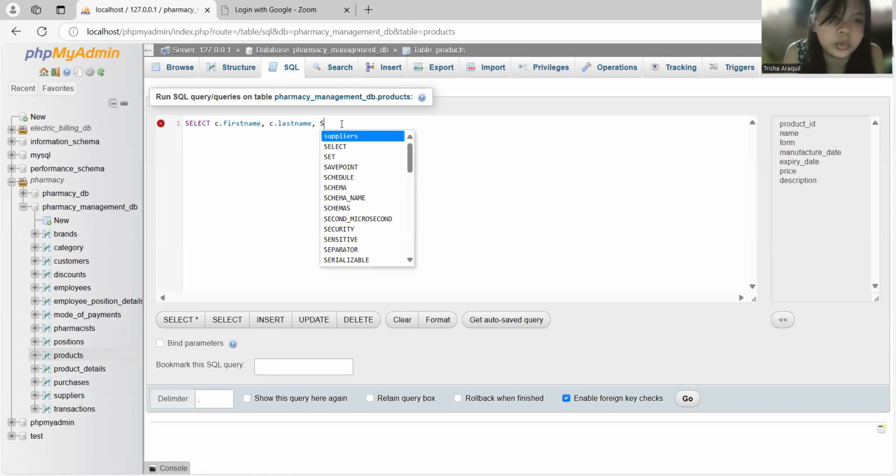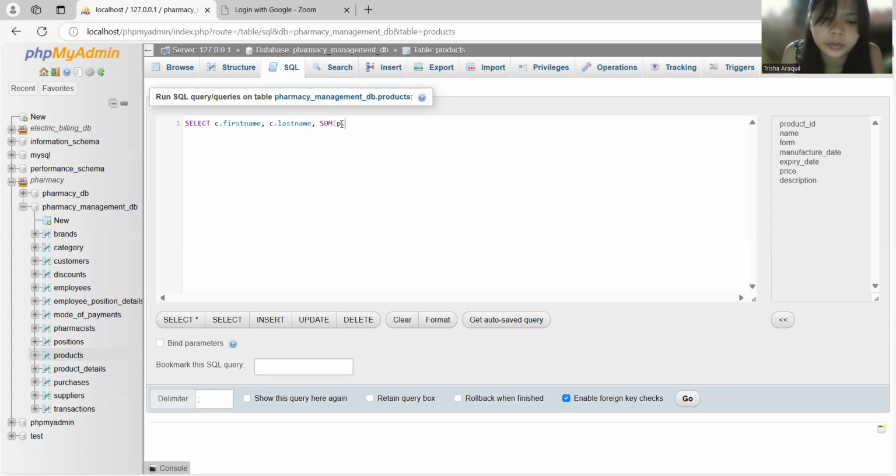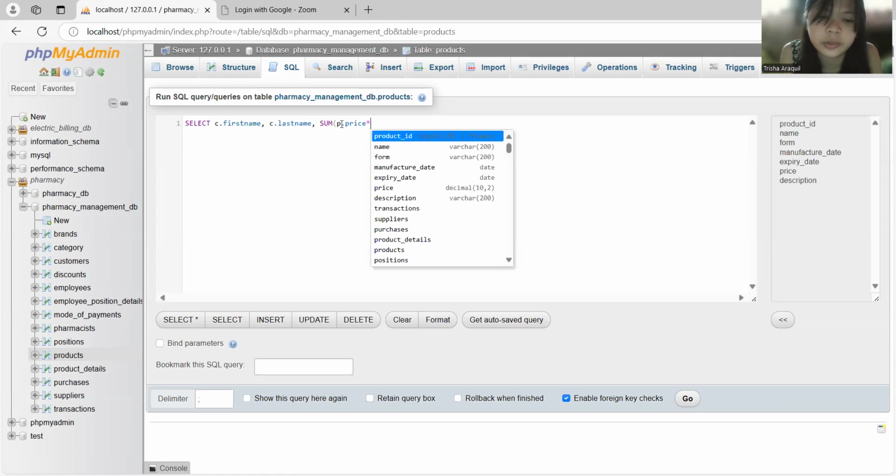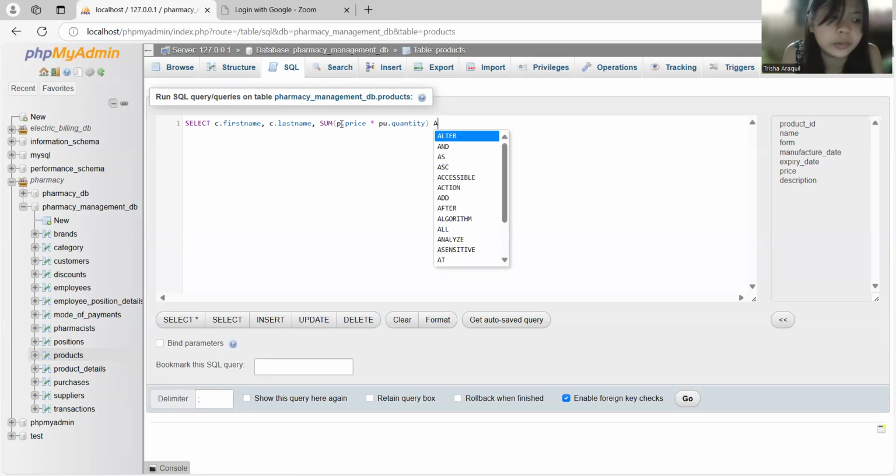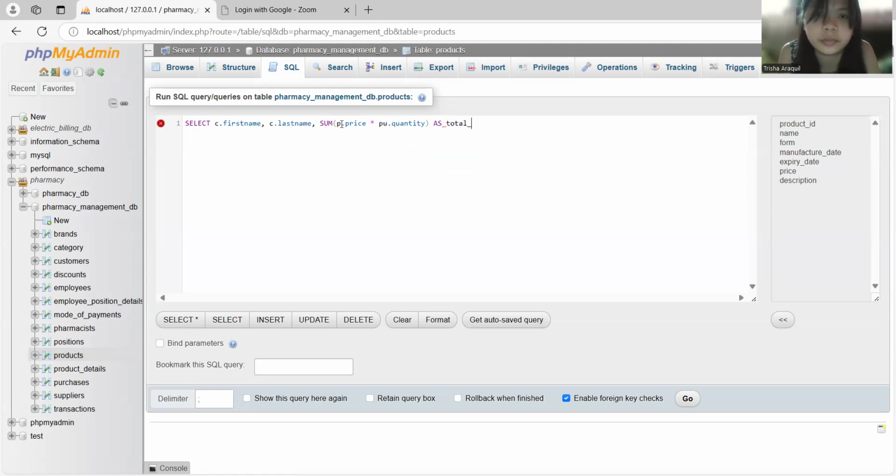Then we have to do the sum of the price times the quantity as the total spent from the customers,